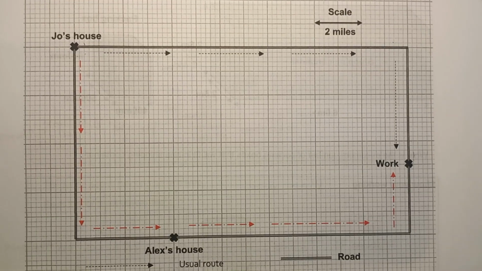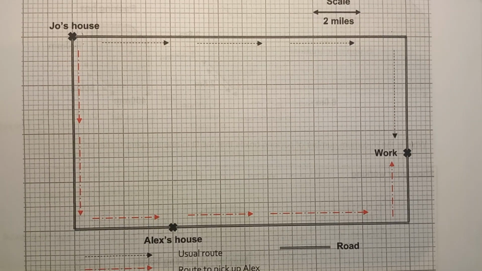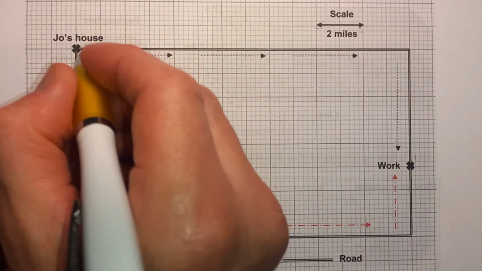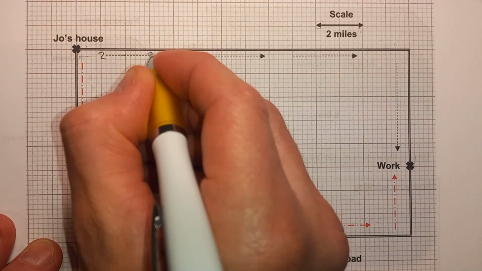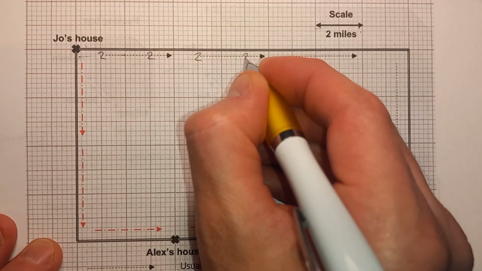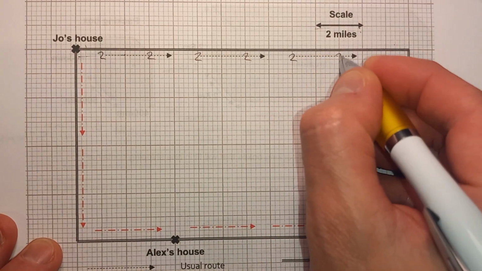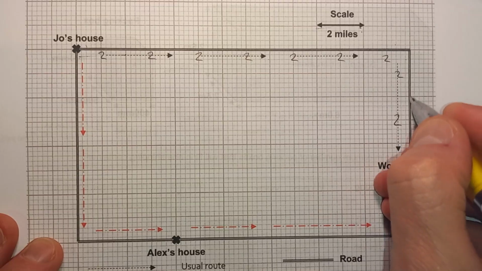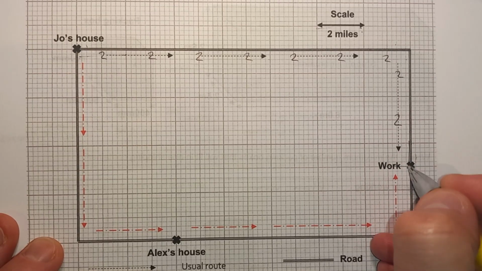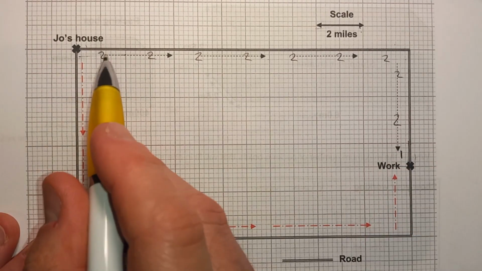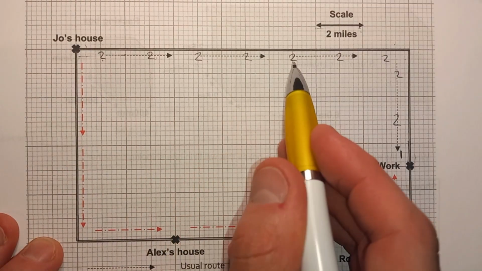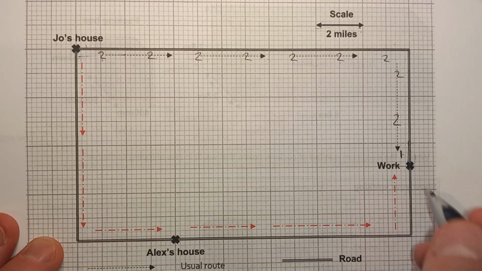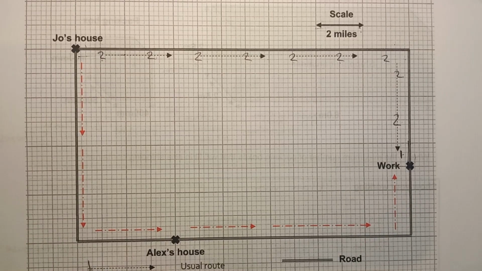Okay, so let's start off by working out the routes. So scale, we're told that one of these big boxes is 2 miles. So that'll be 2, 2, 2 here, 2 for that, 2, 2, and another 2 here, and 2 for this section, another 2 there. And then this is just half a box, so that's just going to be 1. So we've got 2, 4, 6, 8, 10, 12, 14, 16, 18, 19. So this is 19